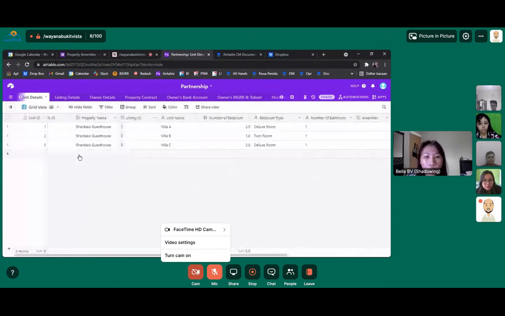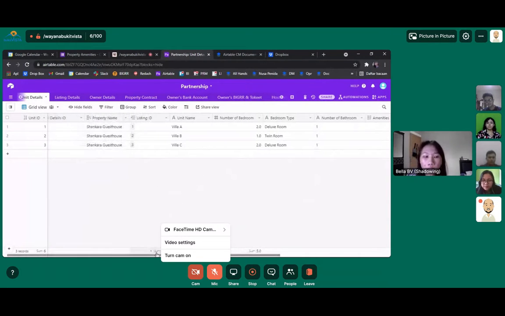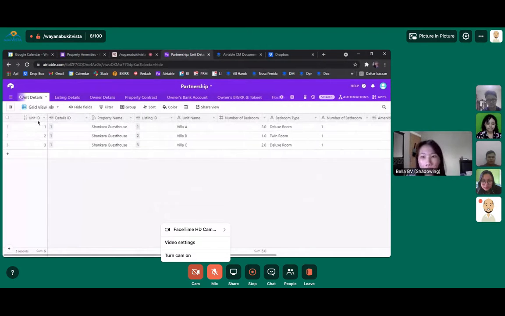Yes, this includes the information on the form as well. So we should input it into some tables in Airtable from the information that we gather from the form. We can start from the primary key, which means unit ID, and the details ID is the column called from the property details. We can have the property name here, and we can use this unit name